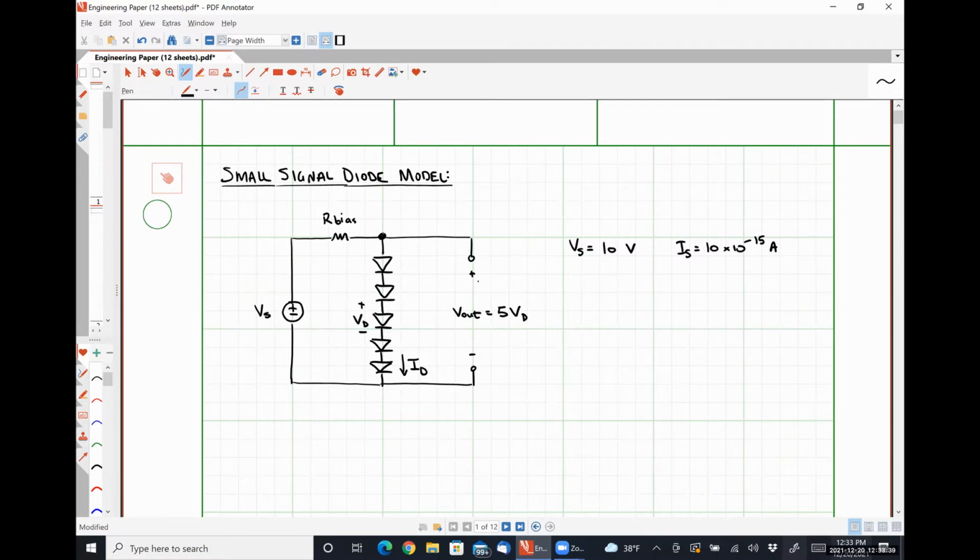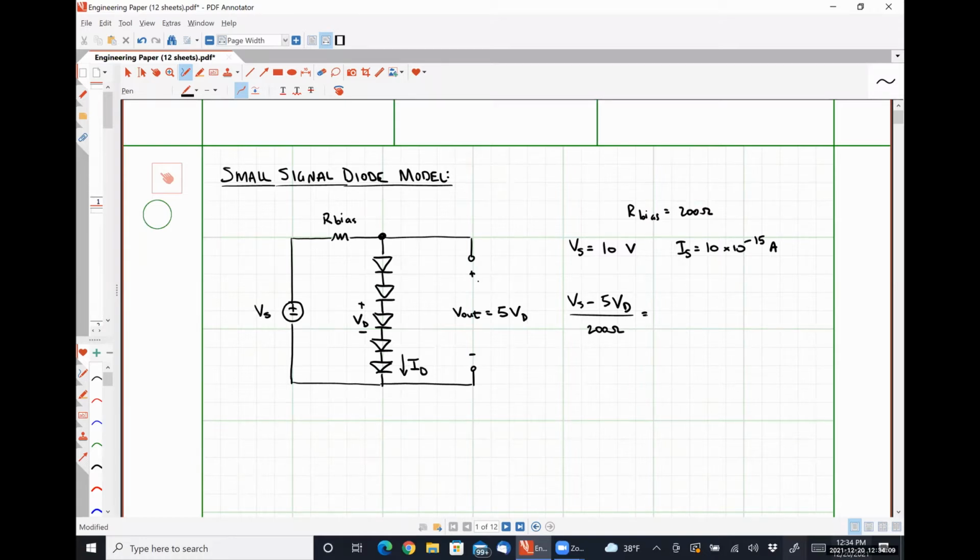Okay. So the current flowing in is simply Vs minus 5 VD. Oh, I guess I should have given you guys the value of my bias resistor too. I apologize for that. It's going to be 200 ohms. So we can say Vs minus 5 VD over 200 ohms, which is the current flowing into that node, is